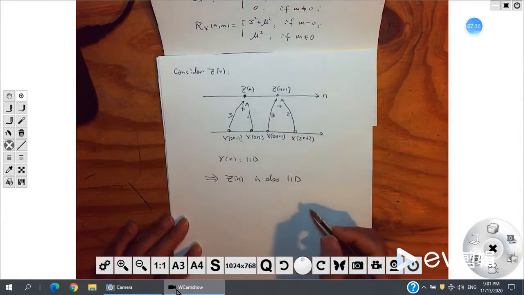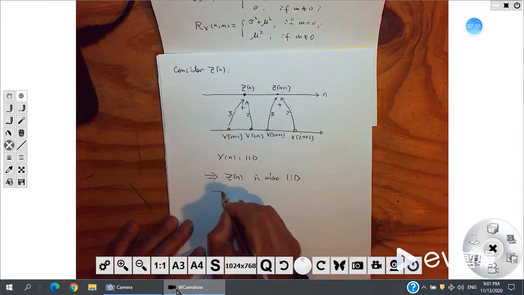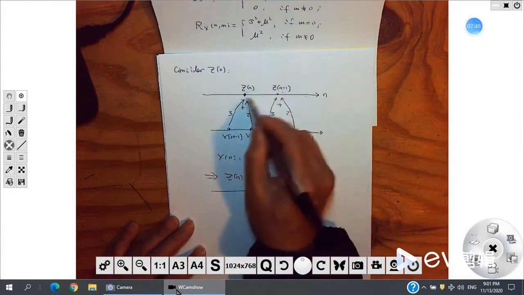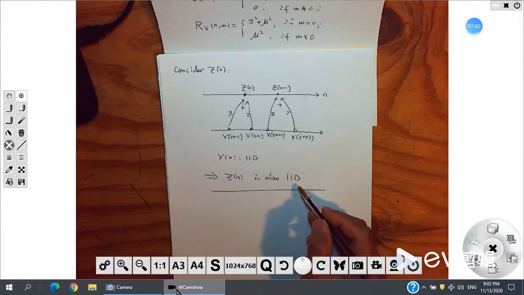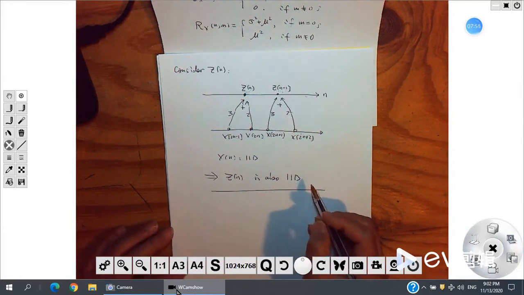And okay. So if you just look at here, z of n is also IID. Then what is the distribution of z? Then you need to remind you something. Do you remember we discussed the Gaussian process before we go to here? We have discussed the Gaussian distribution, right? Gaussian, multiple